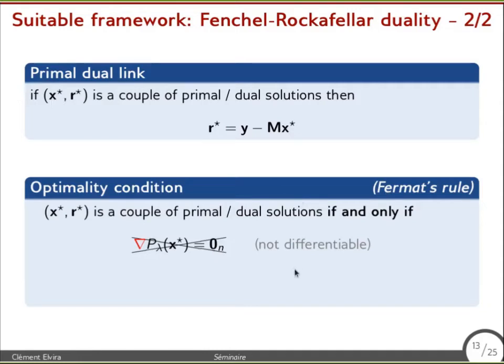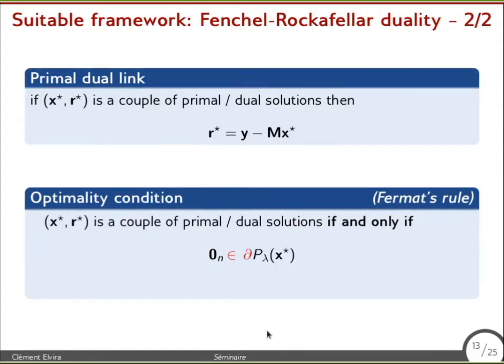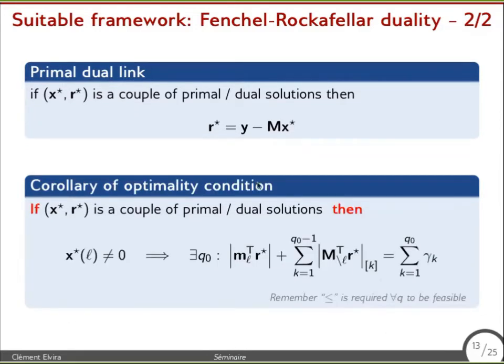So this is the first connection, and the second connection is what we call an optimality condition. If you are familiar with optimization, this is the equivalent of having the gradient equal to 0 at optimality, but here, because of the sorting operation, we cannot define a gradient. So we use a generalization of the gradient, the subdifferential, but let's not lose too much time with that. If you use the definition of the subdifferential and work a little bit on the expression, you end up with the following